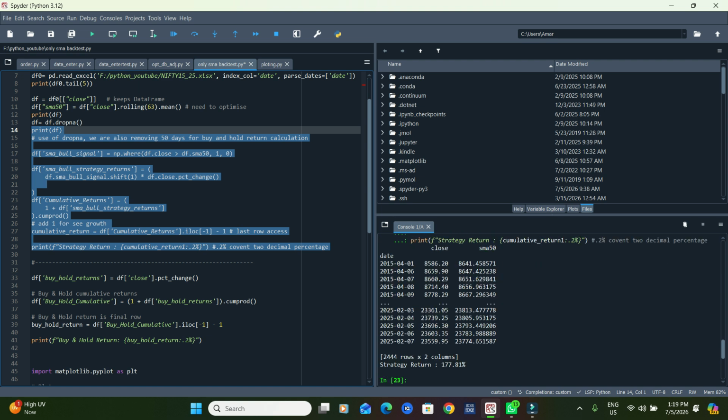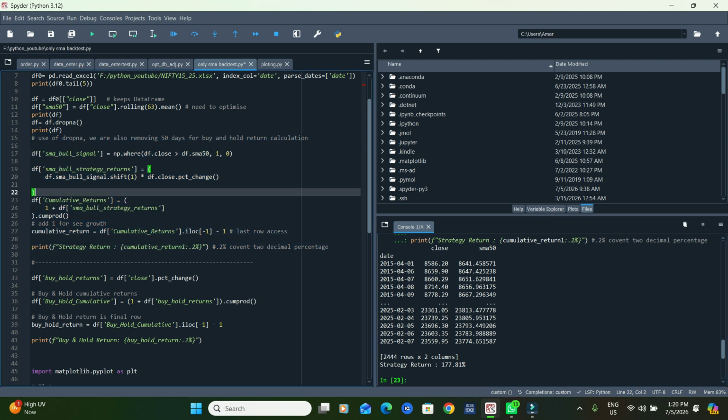Yes, this is 177.81% in 10-year Nifty returns, that is the index returns. So I hope you understand we are generating the signal here. When it says buy, then we